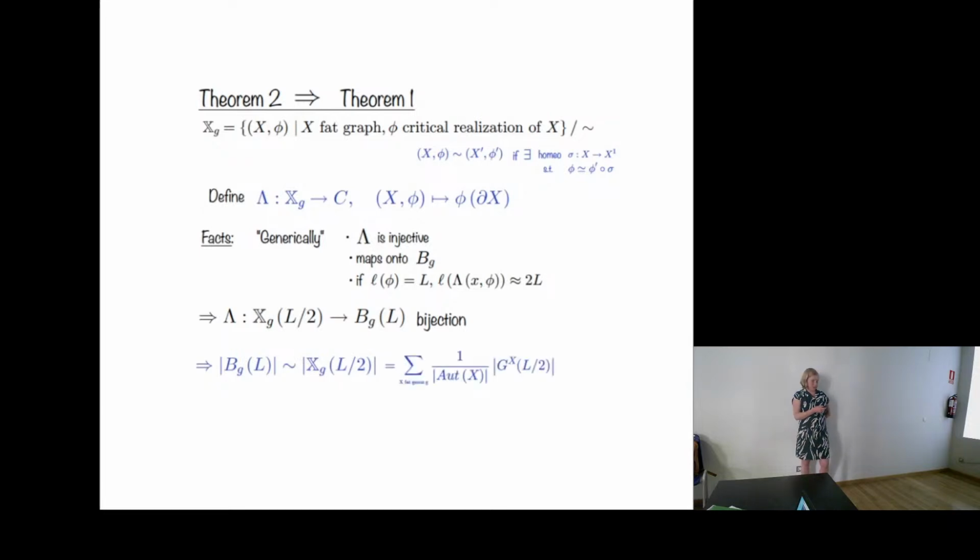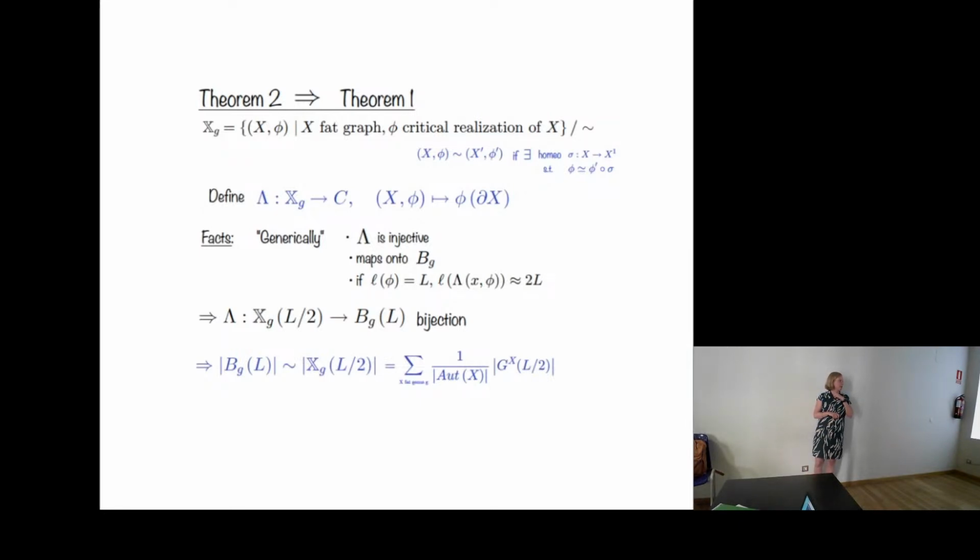And now one can say what the... so this is not what we counted before. What we counted was these actual realizations of an actual graph, not a fat graph. But one can relate the cardinality of this with those by, so here I'm summing over every fat graph x that has genus g, and the number of realizations of such a graph. And then I just have to divide out by the automorphisms